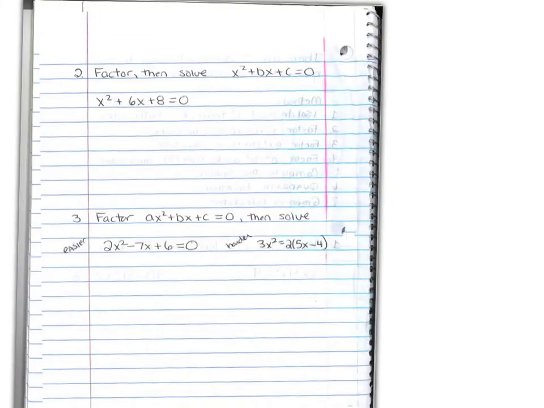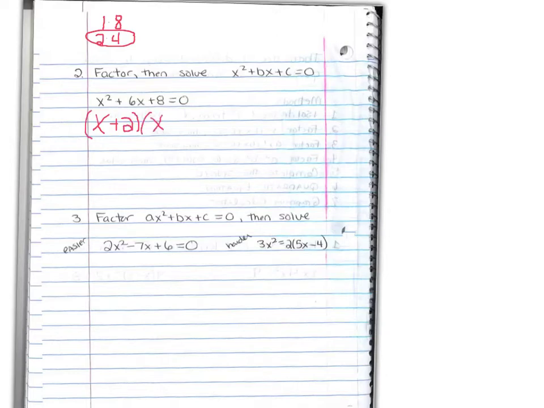The next two methods of solving quadratics involve factoring. Problem number 2 is very easy to factor. You just think to yourself in your head, what multiplies to 8 that adds to 6? If I were to list out possible factors of 8, it would be 1 times 8, or 2 times 4. These are the correct numbers, so I factor as x plus 2